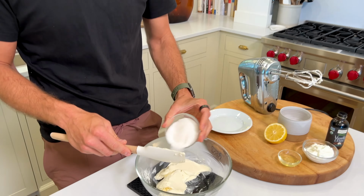So this is pretty much macerating, which, if you haven't macerated something, is when you put a sugar with something like a fruit, and the sugar slowly breaks it down and draws out some of the liquid in that fruit. I also like to add a little bit of limoncello, which is a lemon liqueur. What that does is it adds a sweetness, but also just a hint of that acidity, of that lemon flavor. I feel like when you mix those together,